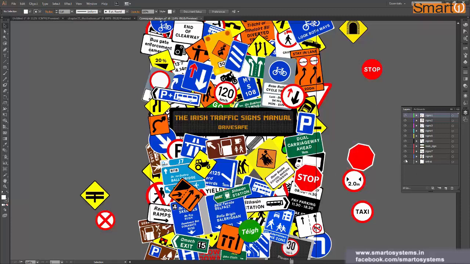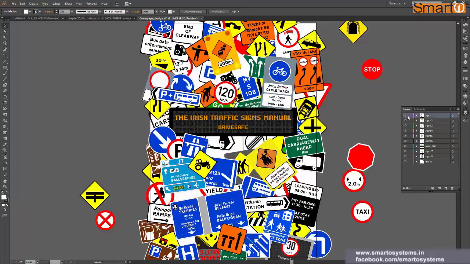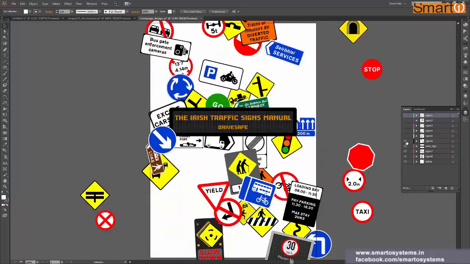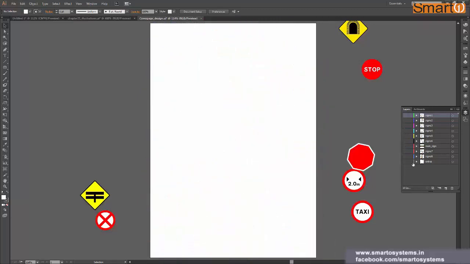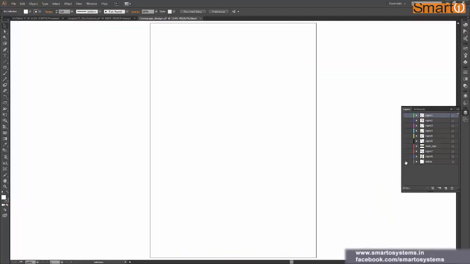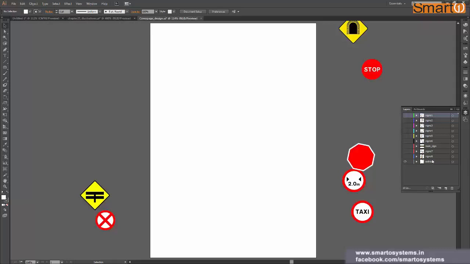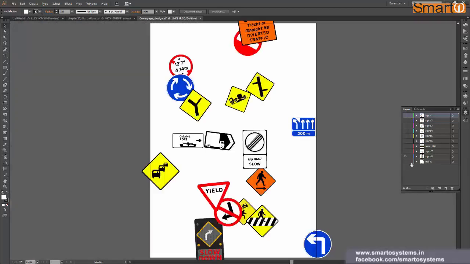As you can see, I can click on this eye icon at the beginning, and what it does is it hides or unhides the layer. It's like a toggle switch. If I press it once, it hides everything, and when I press it again, it shows what is present in the layer. You also get a really small icon here which shows what is present in the layer, but if that's not enough, you can increase the size of it. How you can do that, I will cover.